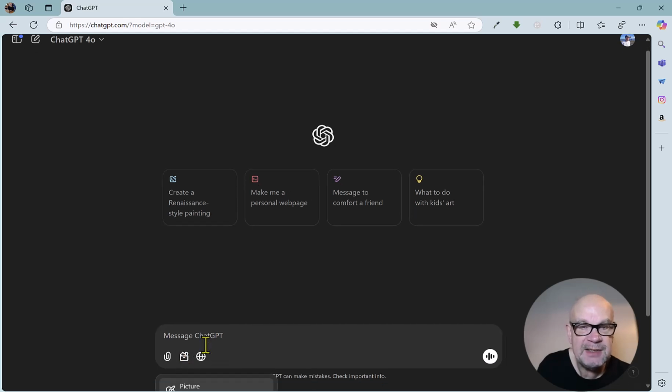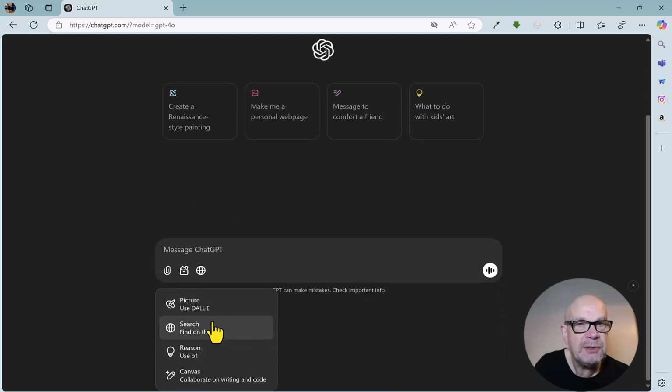And if we select it, we've got four functions or tools that actually sit within ChatGPT. So let's go through these in more detail. If we look at Picture, it uses DALL-E technology. Now, with this option, I guess it's handy that you've got it on the new tools menu here, but I'm not entirely